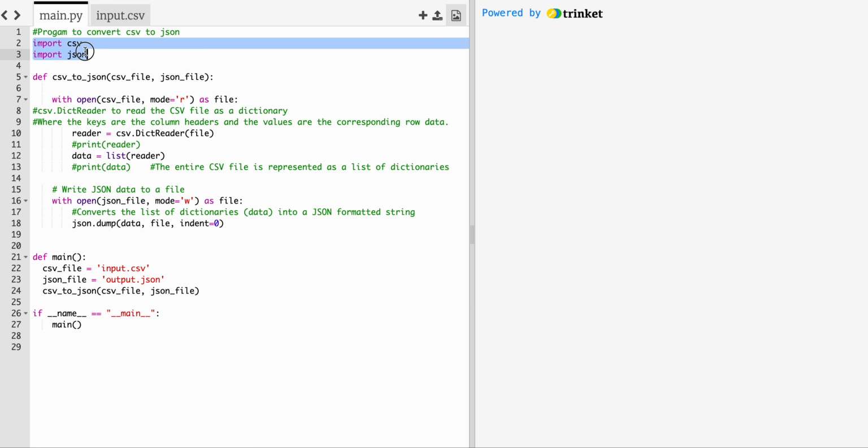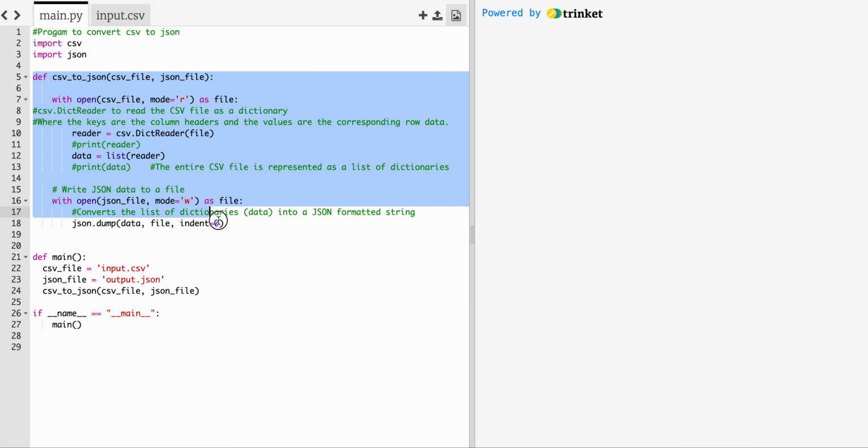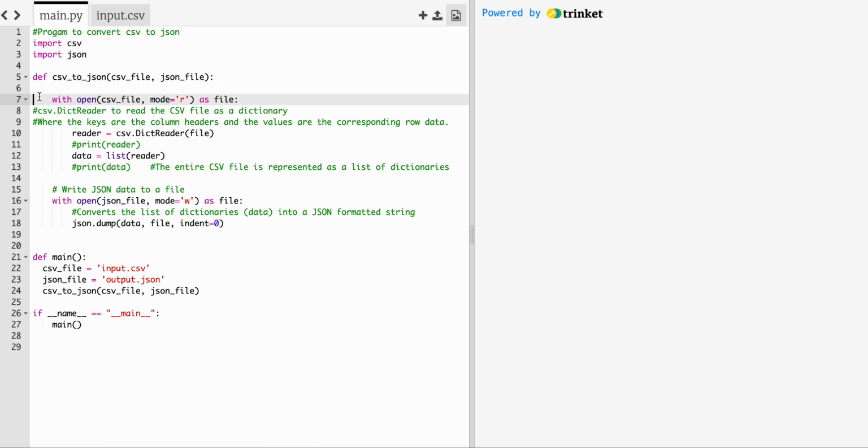Over the top I have imported the json and csv libraries. When I call this csv_to_json function, control of the program will reach here. Inside that csv_to_json function, I can see there are a CSV file and a JSON file as arguments. And then, first, I have opened that CSV file in read mode, and then here I'm using a